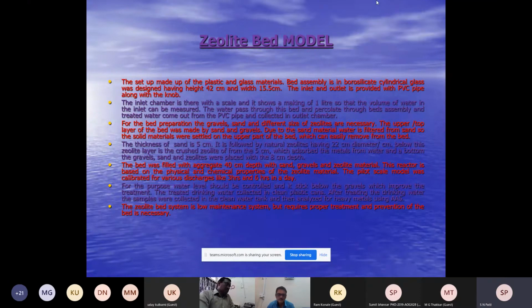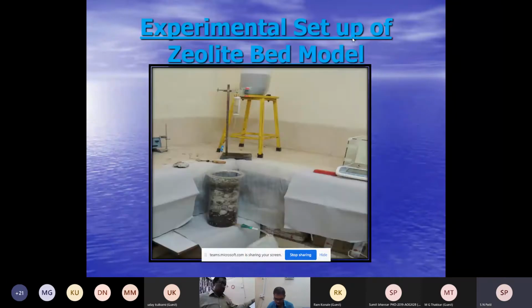This model is basically to minimize the contamination level by utilizing a zeolitic bed, up to laboratory scale. Heavy metals are being minimized due to that, and hardness is also removed by adopting the zeolitic model. And very soon, after completion of this lockdown, we are implementing a pilot project in the Nandurbar region under the NASI project.